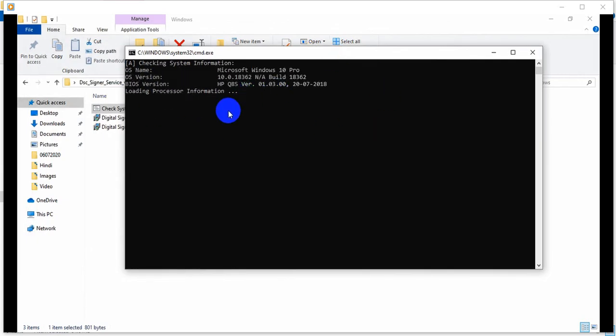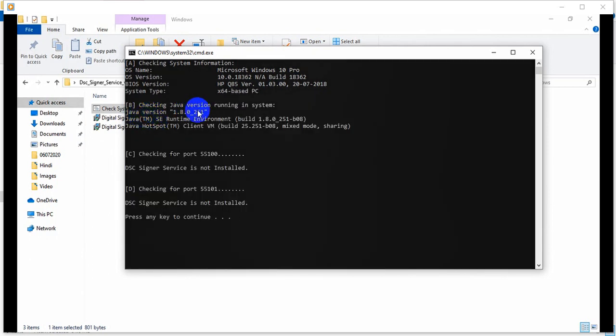These were coming earlier also, same info, waiting for Java message. Yes, checking Java version running in system. Now it is not telling that Java is not found or not installed. It is showing the installed version of Java is 1.8.0.251. So our work is done as Java is version 1.8 or above. Now we need to see the DSS installation below and the two ports which we have discussed a lot. Now we will do it, which is going to be very easy, nothing much or new for you.